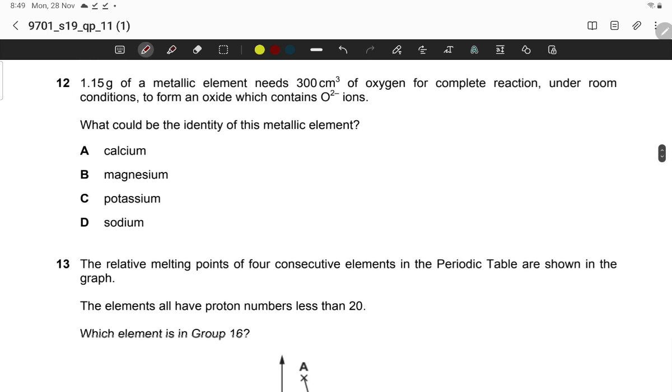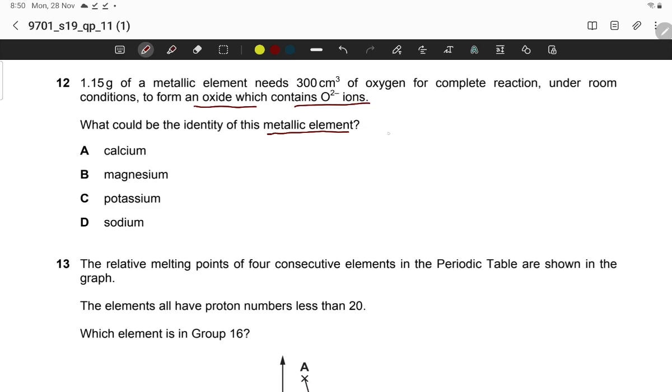Next question is, 1.15 gram of metallic element needs 300 cm³ of oxygen for complete reaction under room conditions to form an oxide which contains O2 minus. What could be the identity of this metallic element? So for this question we know the general equation of group 2 oxide. There are two elements from group 2 and two elements from group 1. Let's calculate. So first calculate group 2,